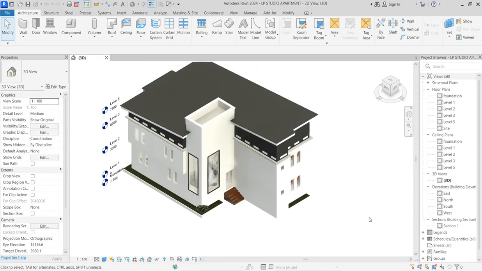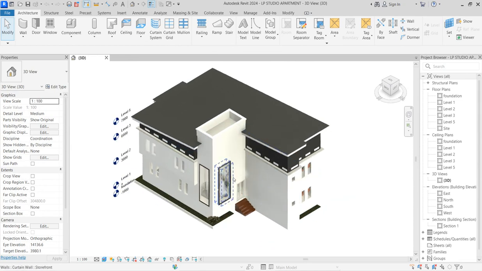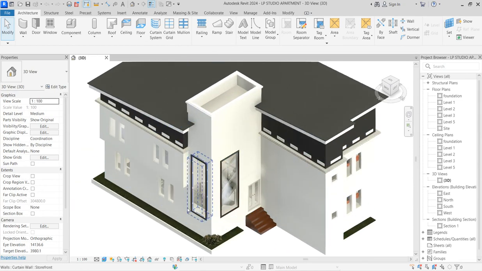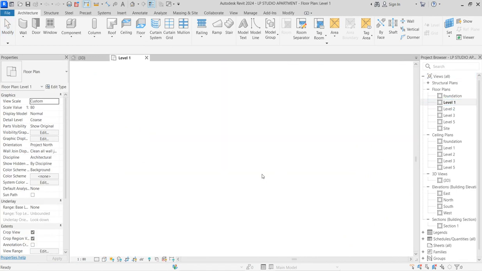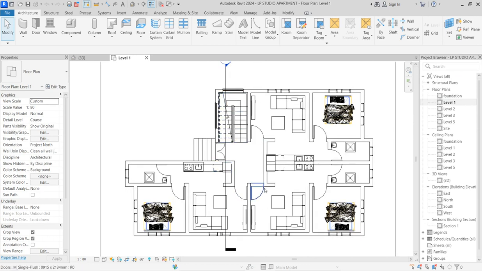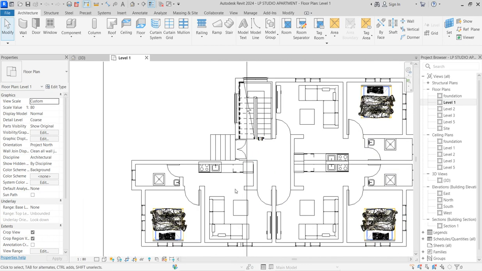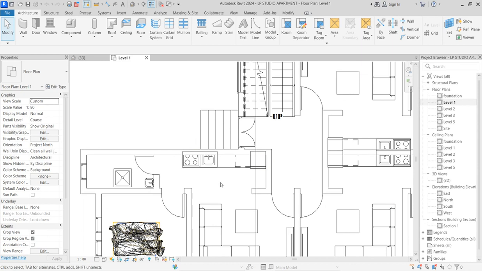In the continuation of our studio apartment that we are doing, we are able to do some little construction about elevation and things. So let us do a little tidy up about the dimension and every other thing that is required. What we do here is that where there is no window, you have to apply a window and fix them